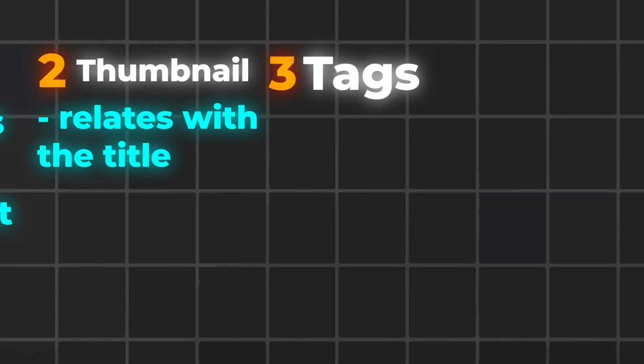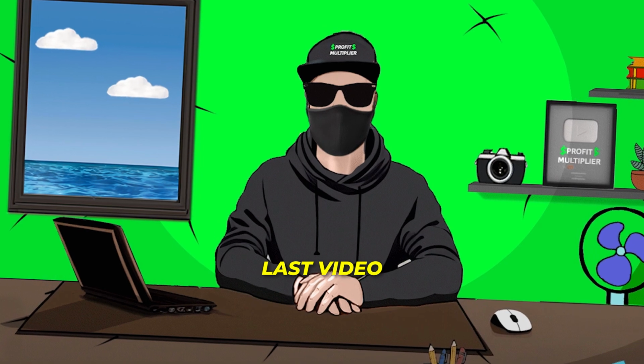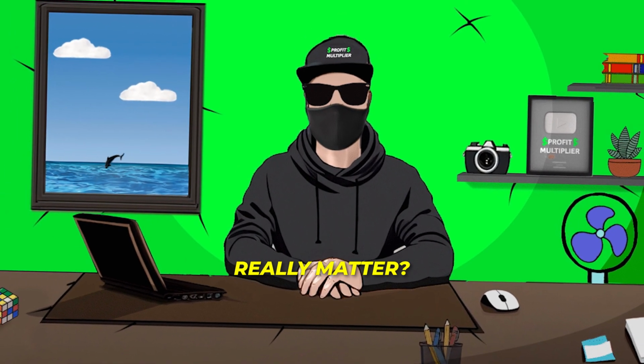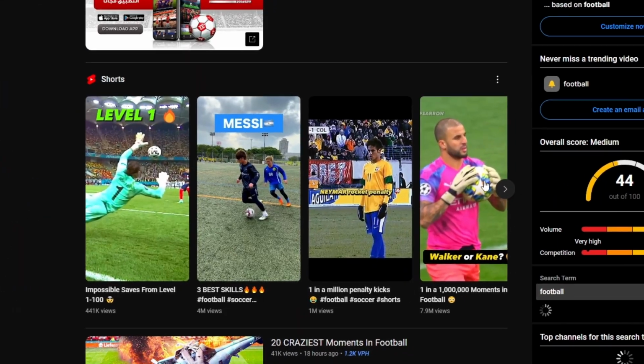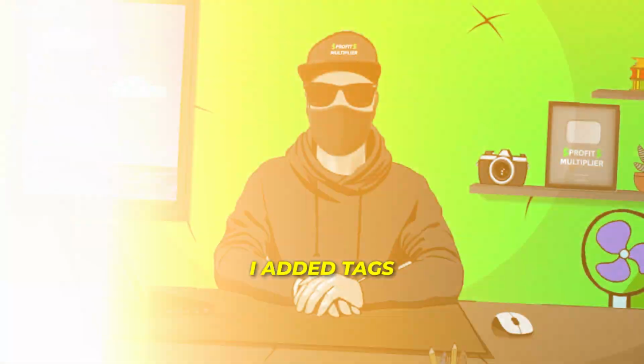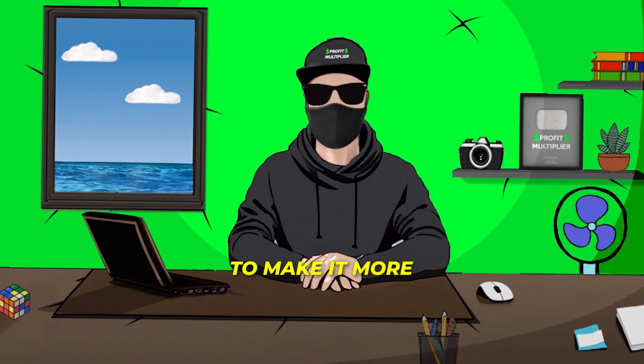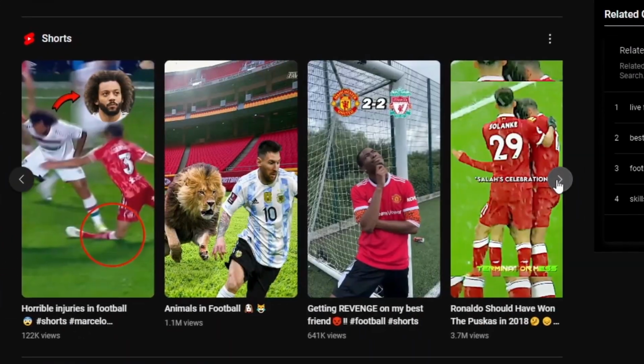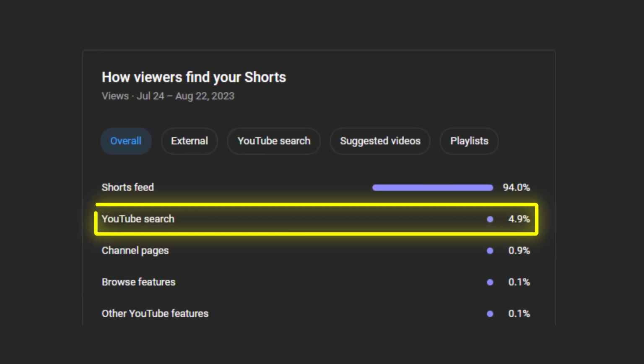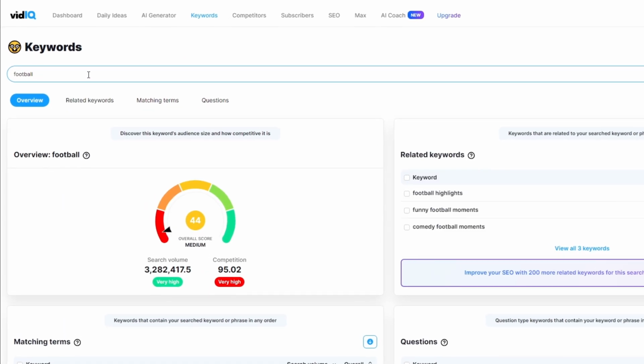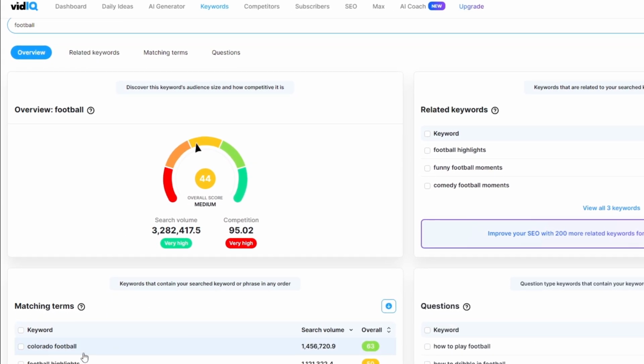Now, let's talk about tags. Many of you asked me on the last video, do tags and hashtags really matter? I say yes, if you want to optimize for search traffic. I added tags to my shorts to make them more search optimized, which means I can get views from search results. And it worked. I used vidIQ to help me find the best keywords,